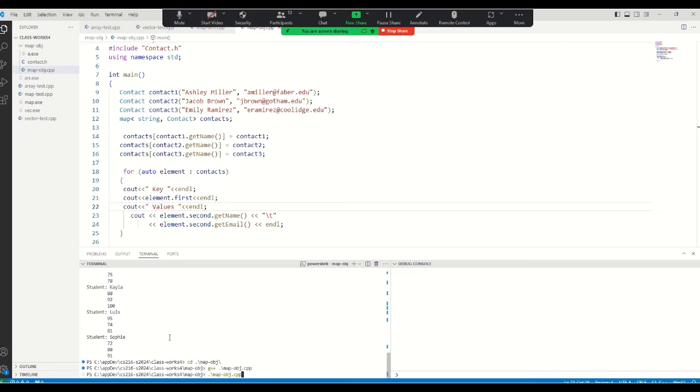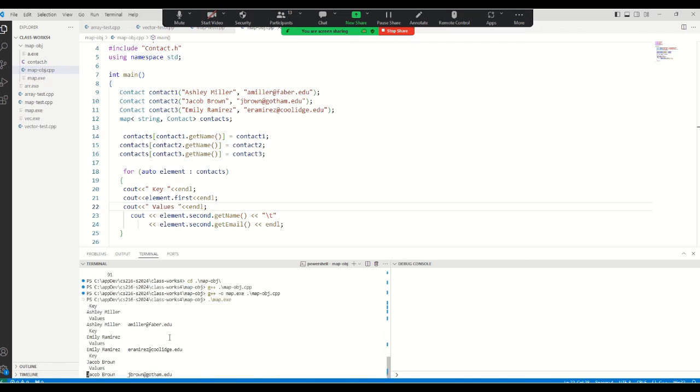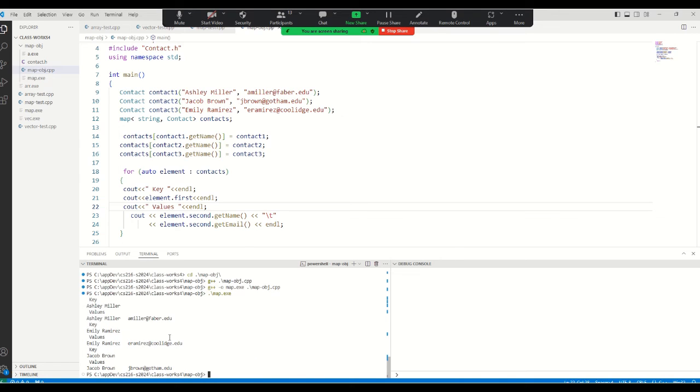Oh, we have to do g++ dash o map.exe, then now we can do map.exe this way, and if we execute,